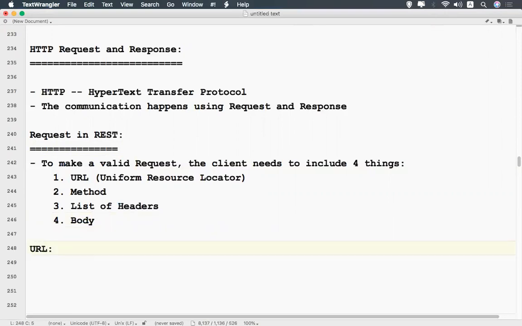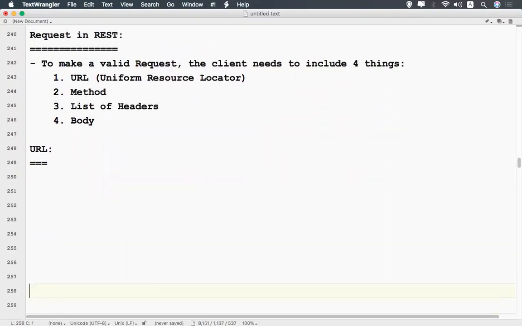If you say URL, in the REST URLs, it became an easy way for the client to communicate with the server.